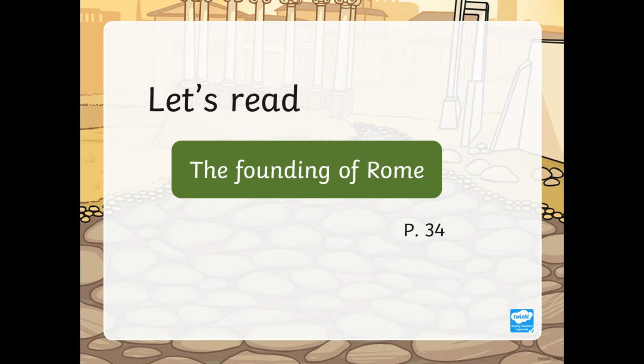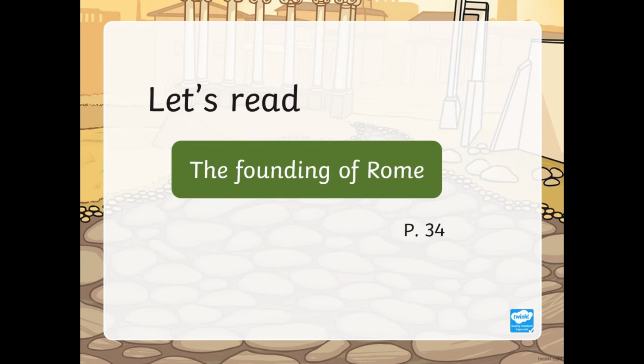The Romans were one tribe of people who lived on the Italian peninsula. They decided to live together and establish a city. No one is really sure when this happened, but it is traditional to say that the city of Rome was founded in 753 BCE, or Before Common Era.